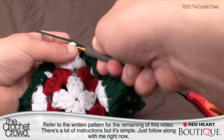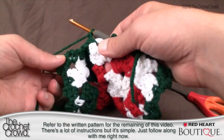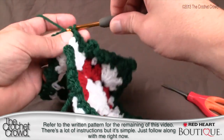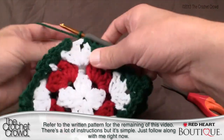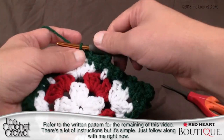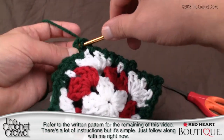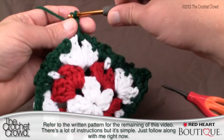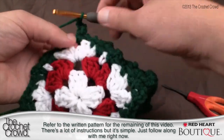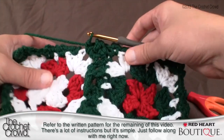and now I'm coming into the corner. So chain 1, okay, going into the chain 2 on the other side, chain 1, come back down in, and now this is the chaining of 4 normally, so 1 and 2, coming around, grabbing the chain 4 space on the other side, 1 and 2, coming back down into the corner for a single crochet,